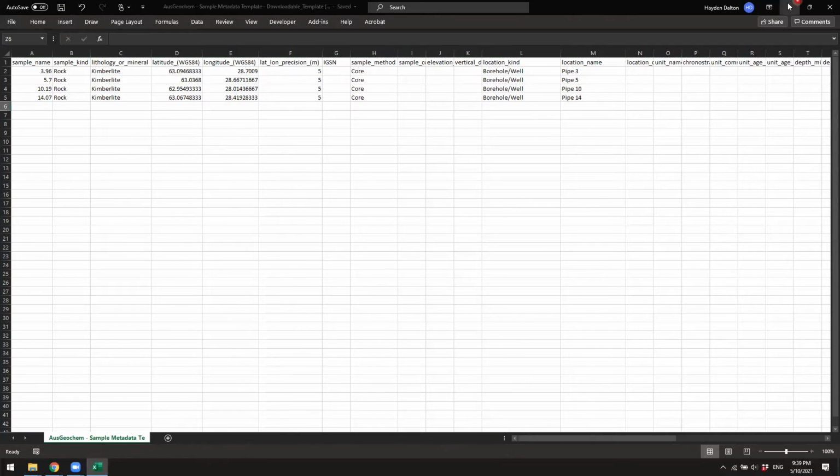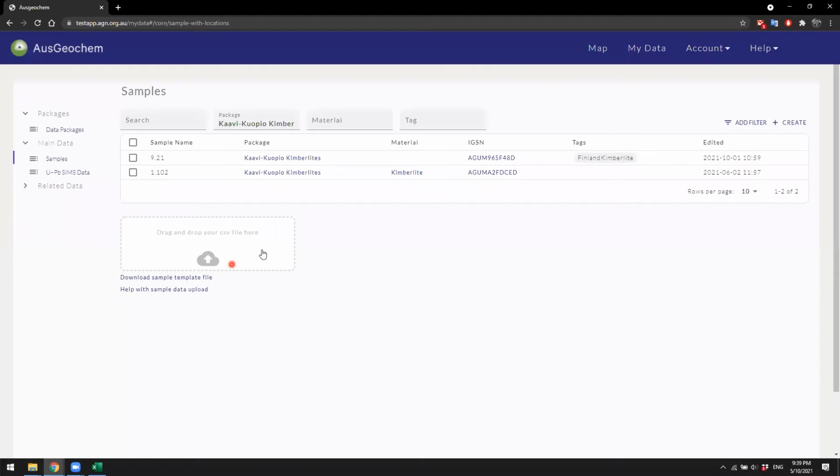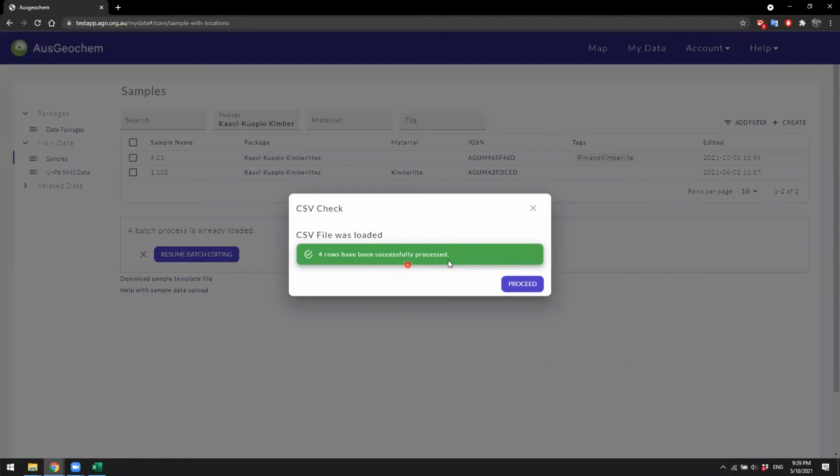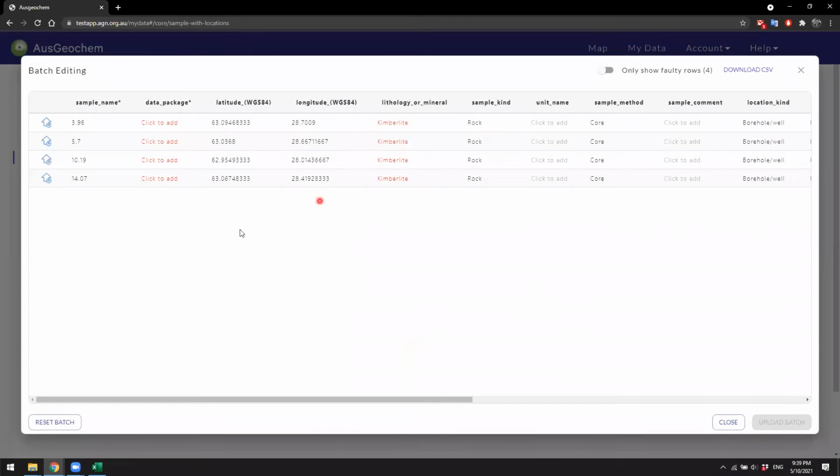Once that's saved, you can then drag and drop your CSV onto this box here, which I'll now do, and it will say that these rows have been processed. I can then proceed, and I can see there is some text highlighted in red, which means that the mandatory fields haven't been filled out and some extra information is required. So the first one is the data package. So what data package do I want these samples added to? So I can add that